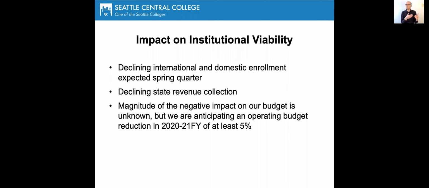And so going forward, we know this is going to have an impact on our institution. We're already seeing international students who are leaving and may not come back. It's going to be harder for current students to enroll. And because we are totally dependent on sales tax here in the state, we are expecting state revenue collection to decline. While we don't know the magnitude of what this economic impact is going to be on the institution, right now we're anticipating at least a 5% budget reduction in the next fiscal year